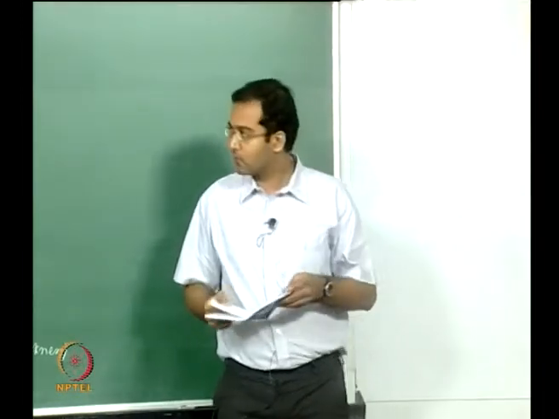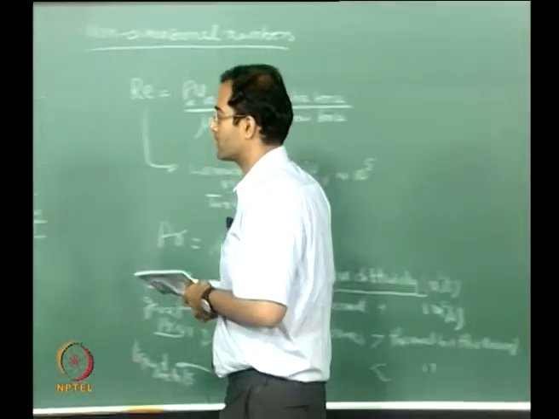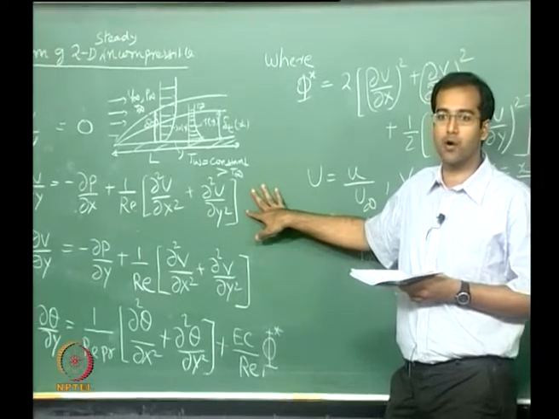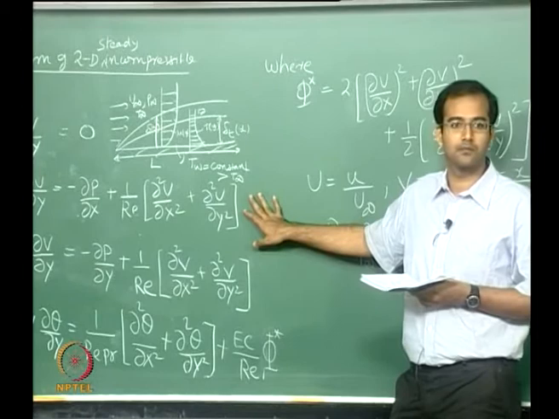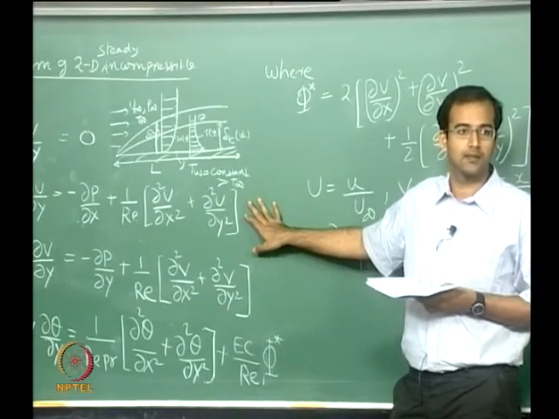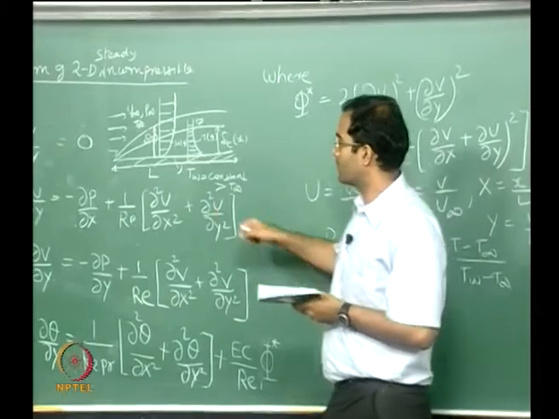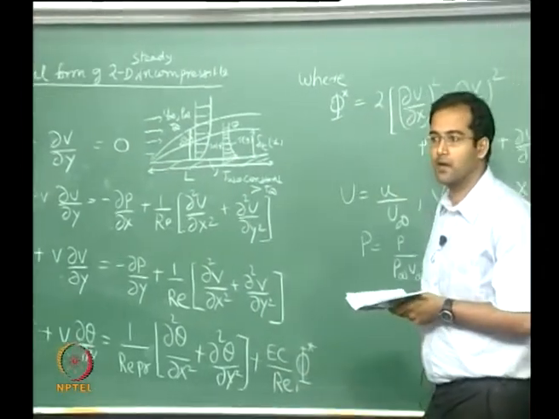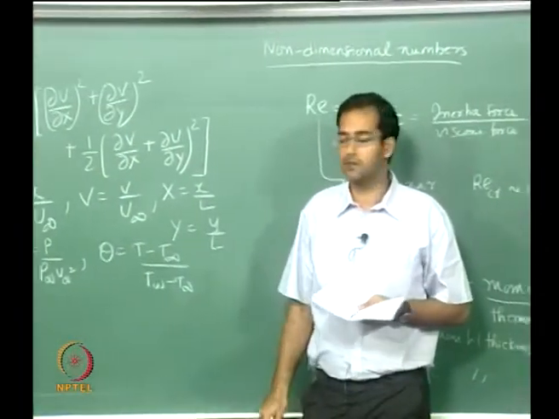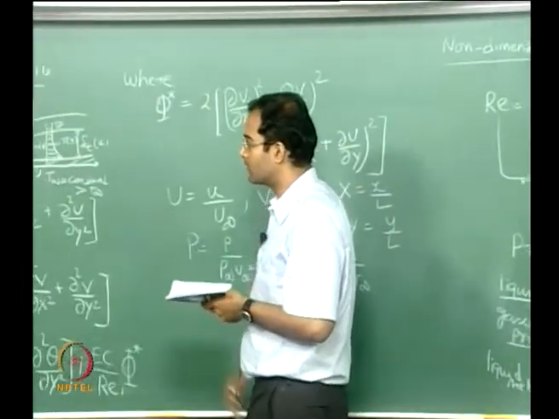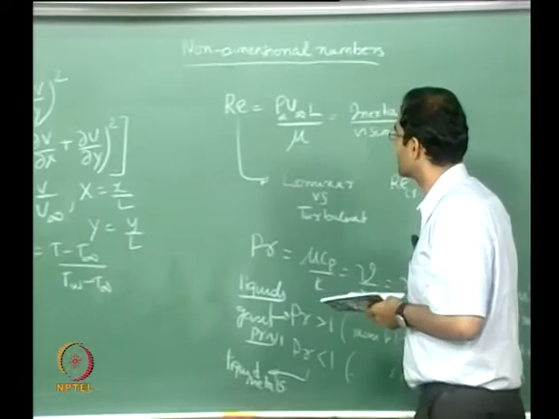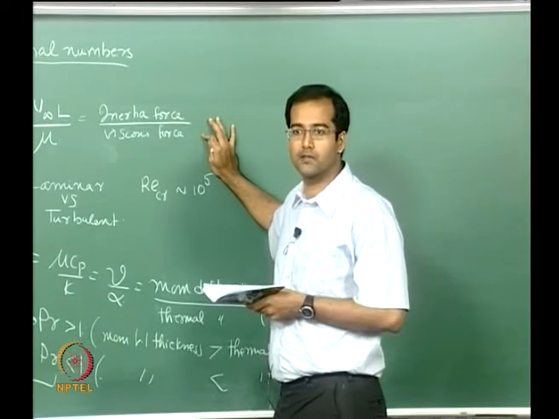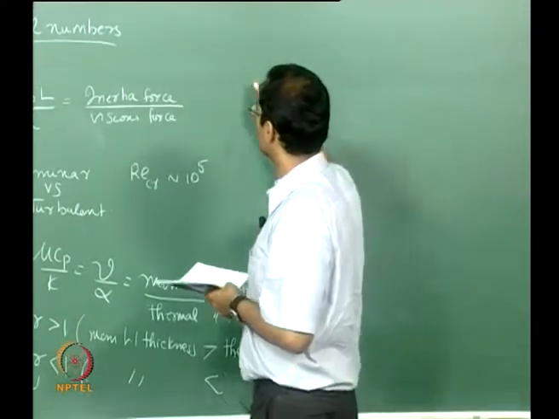Now when you go to flows, suppose you have a body force, which we have not included now. You can have buoyancy which is driving the flow. That is natural convection. Even though you don't have forced convection, you don't have a velocity which you supply by means of an external blower or pump, you can have natural convection happening due to the buoyancy forces. If you include that, now instead of the Reynolds number defined for forced convection, you can define another non-dimensional number for the case of natural convection. That is called the Grashof number.